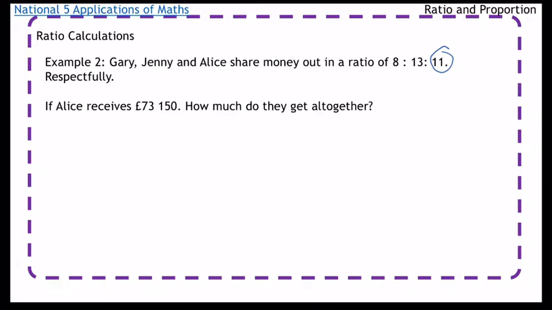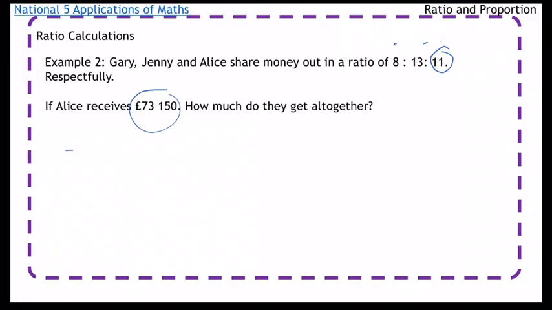Okay, so all this money has been split up into these parts. Like there's 8 parts, there's 13 parts, and there's 11 parts altogether. Okay, and Alice is getting 11 of them. So what you've got to do first is work out what one part is going to be worth. So those 11 parts together that I've circled are worth